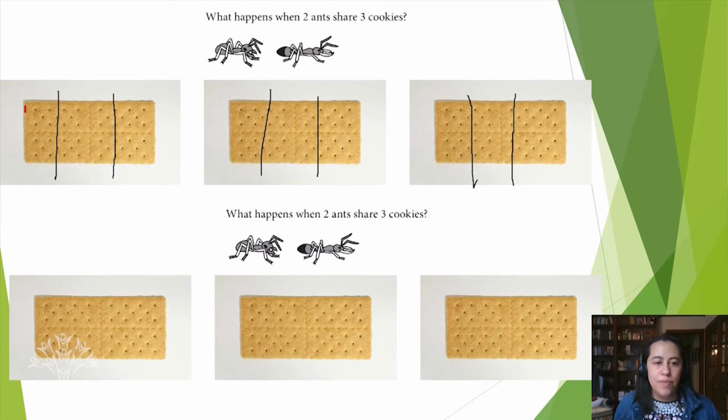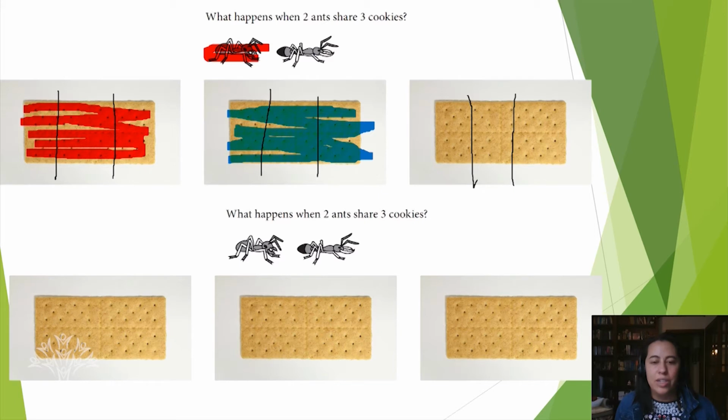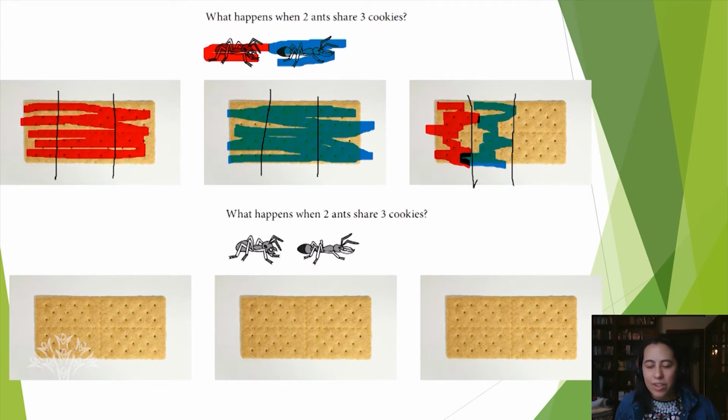Let's see, this first one, I could give 3 of the thirds to one of the ants. Let's say these all go to this first ant here. And then I could give 3 more thirds to the second ant. And so far I've given each ant an equal amount. But now I have to deal with this last cracker. So I could give 1 of the thirds to one ant. I could give 1 of the thirds to the other ant. Ooh, but I only have 1/3 left after that. So breaking each of them into thirds isn't going to work to share it equally.